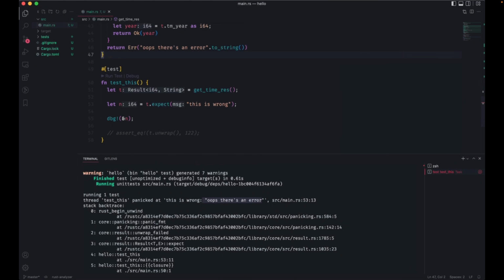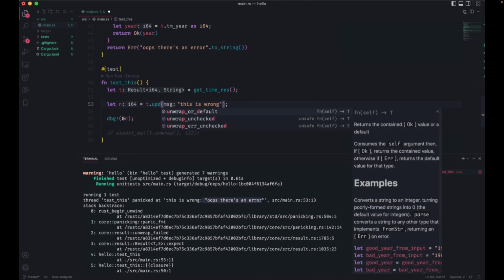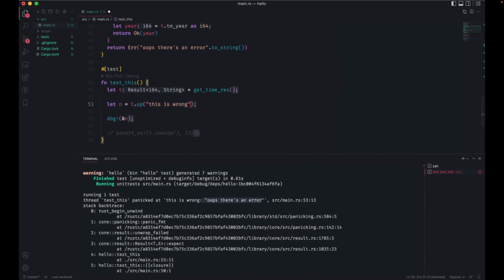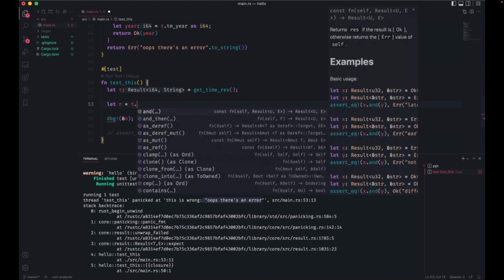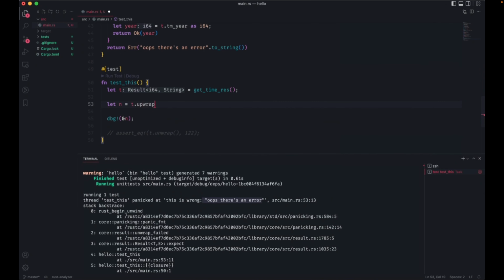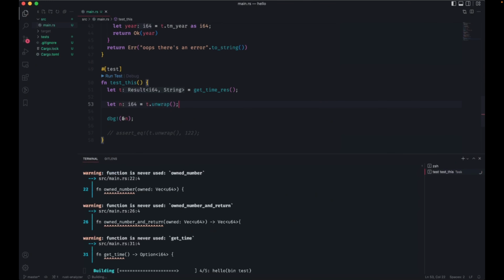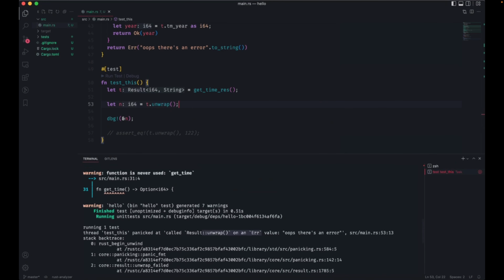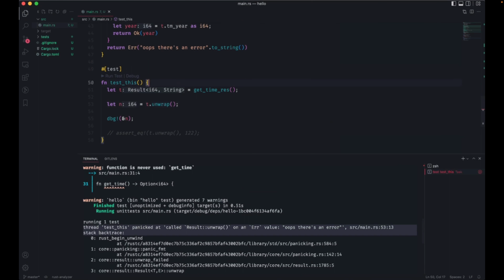But anyway, unwrap and expect you can use on both result types and option types. So unwrap is the same for result types. Yeah, but this time it just panics and gives me that ugly error.